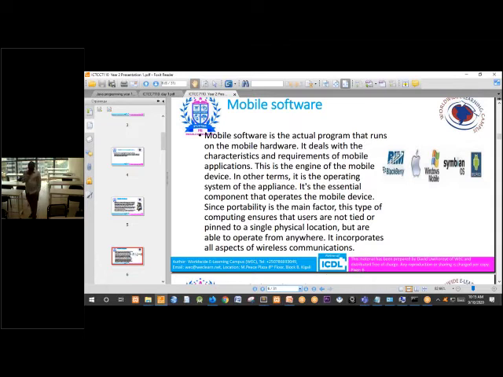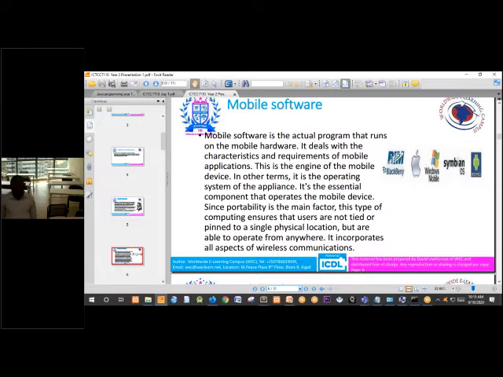It is the operating system of the appliance. It is the essential component that operates the mobile devices, because any electronic device which does not have an operating system cannot work.